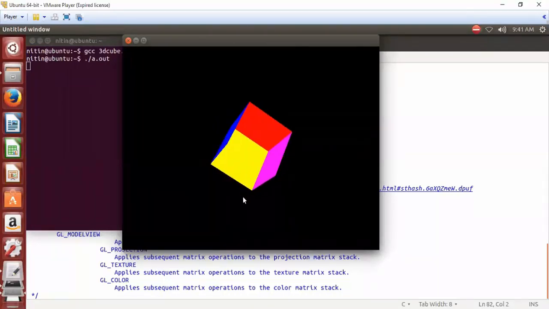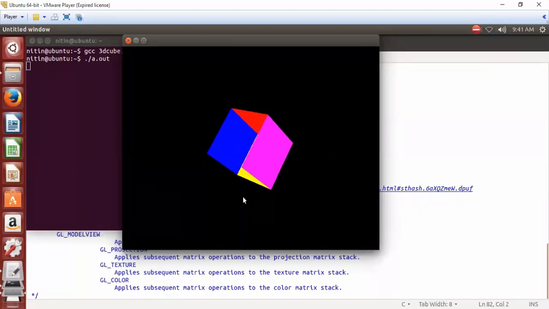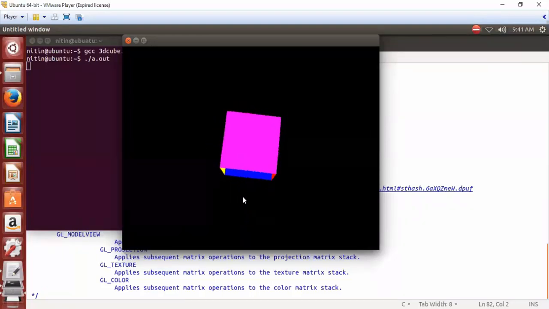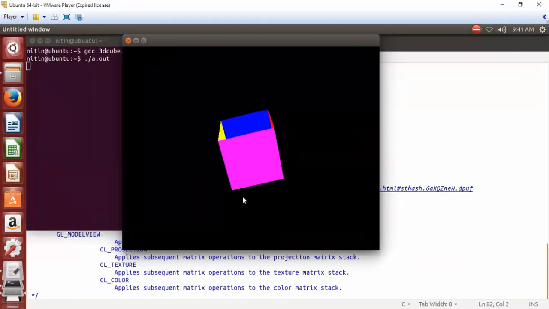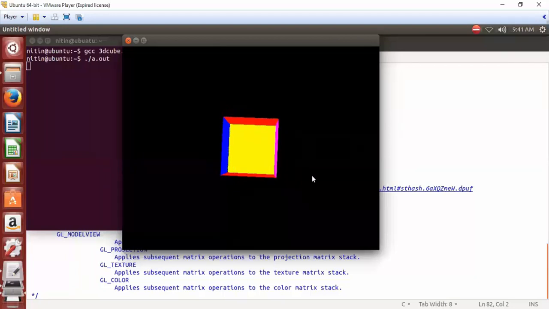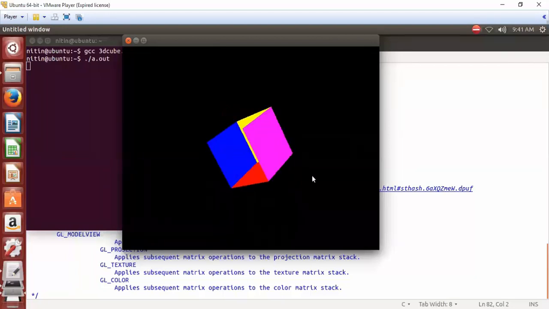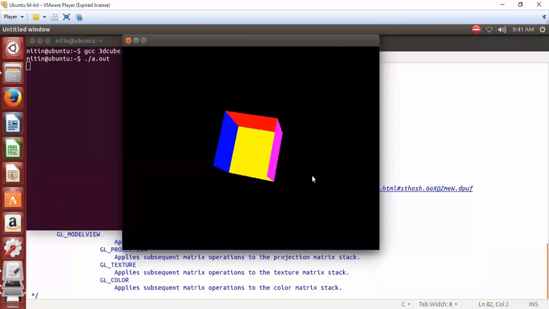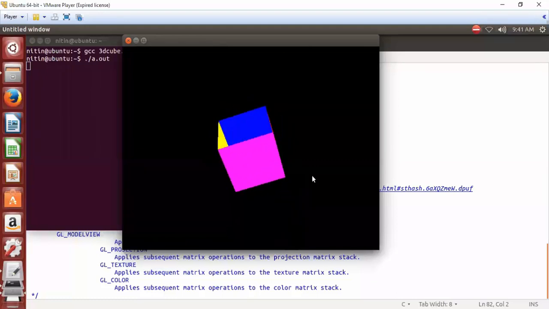The possible modifications we require for 3D cube rotation are rotating this 3D cube only about the X direction, or only about the Y direction, or only about the Z direction, or the XY direction, YZ direction, XZ direction, or all directions, XYZ.